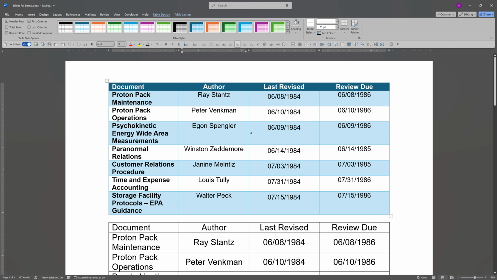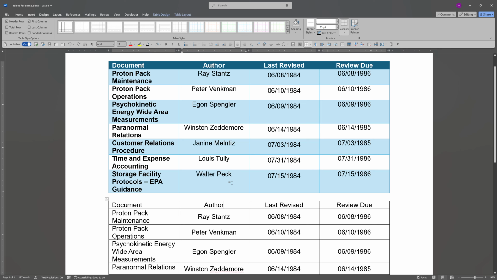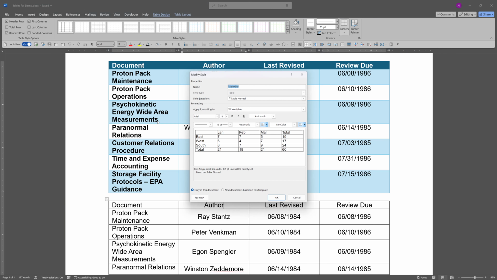So if you're having a problem with tables giving you new style or new font sizes that you weren't expecting, and it seems to be applying erratically, this is where you want to start. You want to go to your table, select this drop down, and then look at your table style and see what's